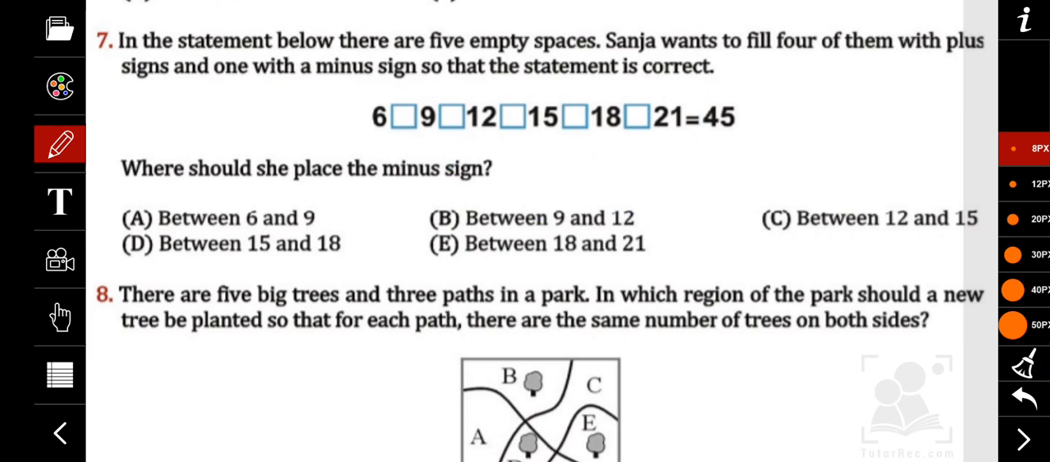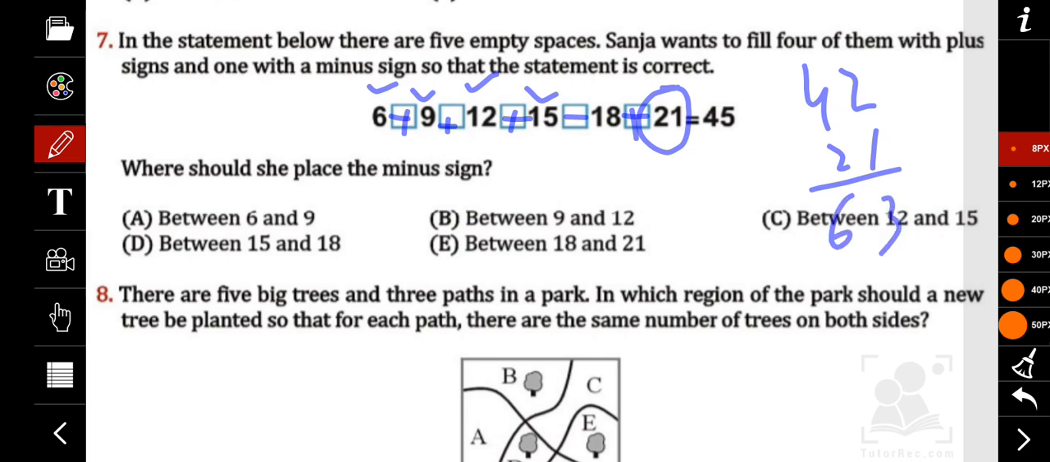So it is going to be plus over here, minus over here, plus over here, plus over here, plus over here. Now if we add all these, like 6 plus 9, which is 15, 15 plus 15 is 30, 30 and 12 is 42, and 42 plus 21, that is